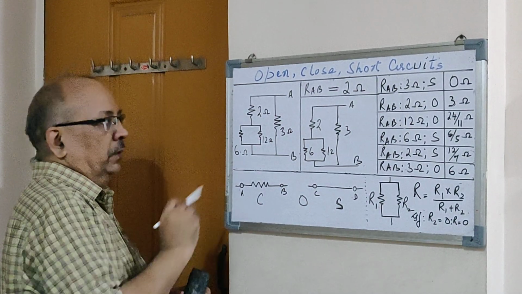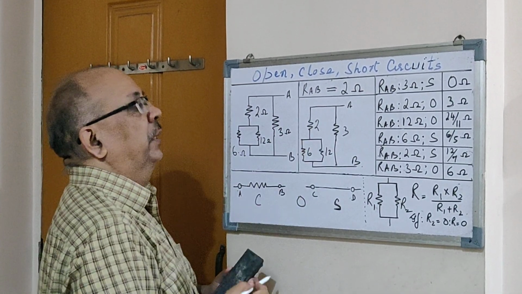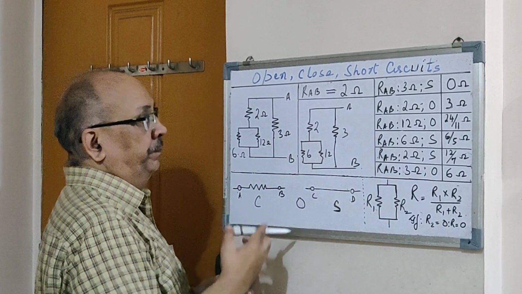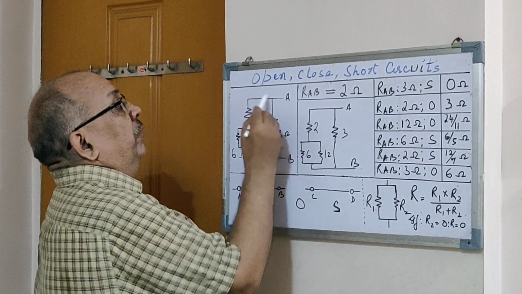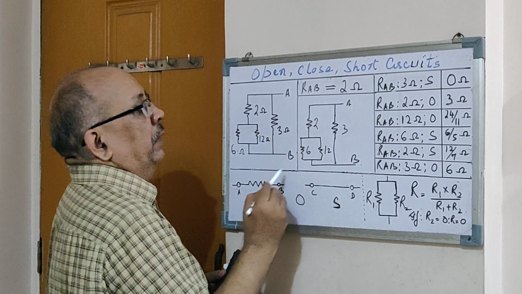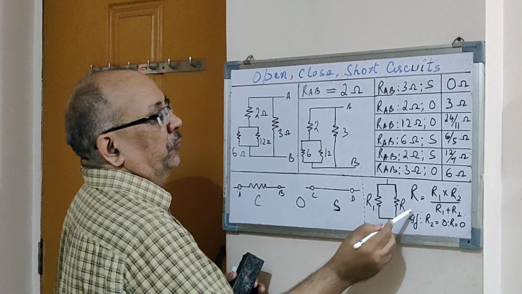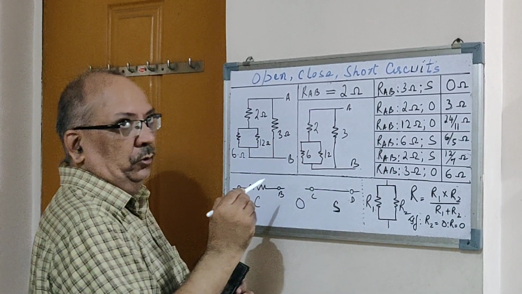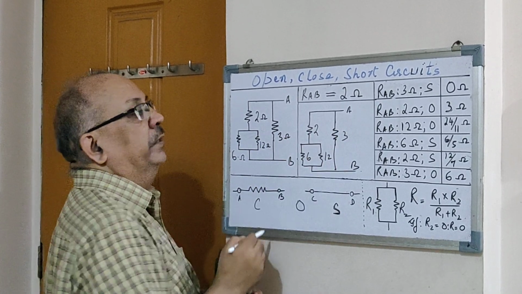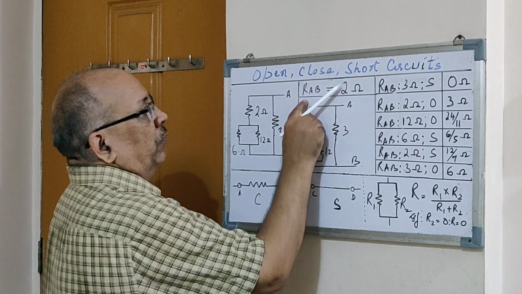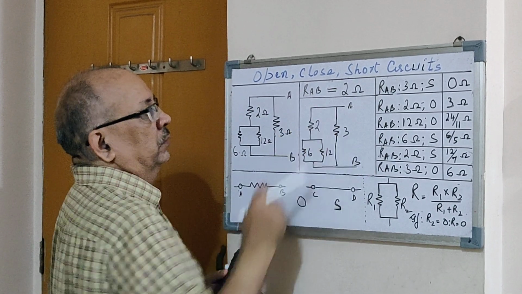Let's move ahead. This diagram is drawn again just for understanding, so that we can understand everything quickly and I can rub it again. If everything is fine, then the 6 ohms and 12 ohms in parallel will give me 4 ohms. You can apply this formula. 4 ohms in series with 2 will give you 6 ohms. 6 ohms in parallel with 3 will give you 2 ohms. So the resistance between A and B is nothing but 2 ohms.